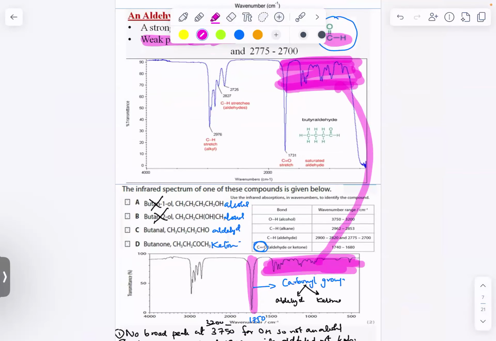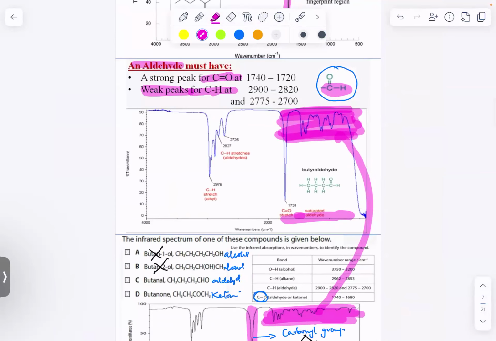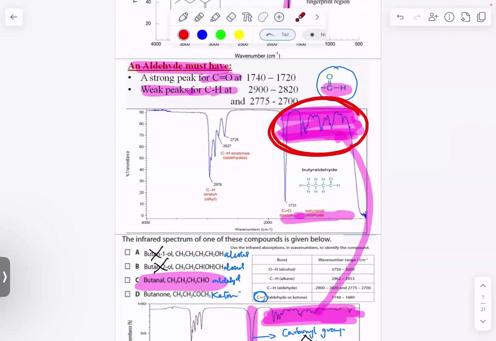Are these peaks at the same frequency? They don't look the same. Actually, this is for the generic aldehyde. Here, I am giving you butanal, so it would be definitely different. Anika, this is the generic aldehyde. An aldehyde should have a